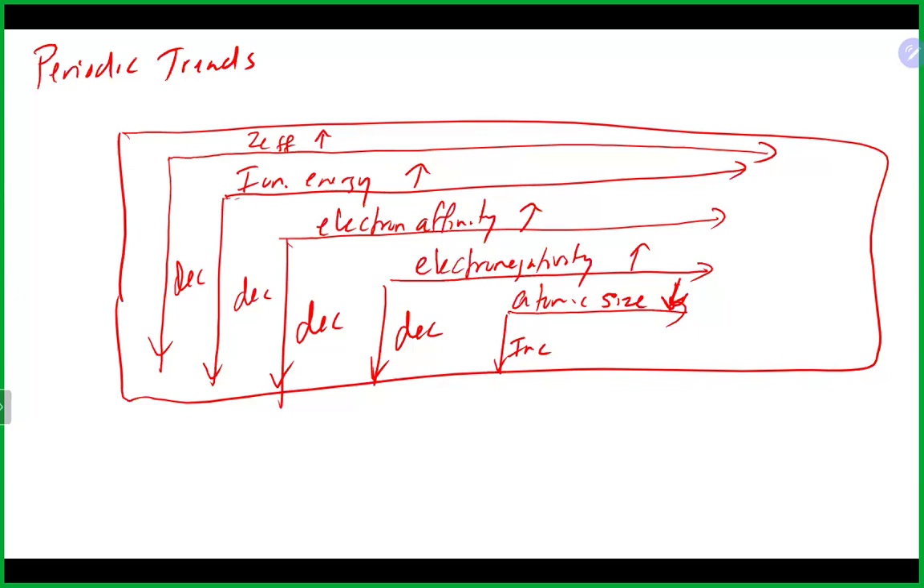So I believe that was chapter 11. Let's then go to chapter 12. And in chapter 12, we talked about bonding. And we really talked about two types of bonding. We talked about ionic bonding